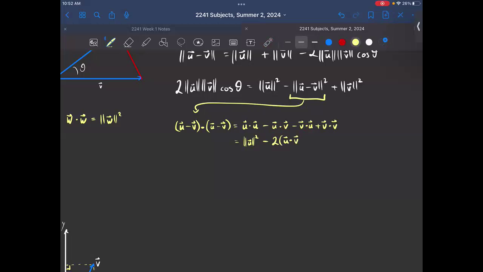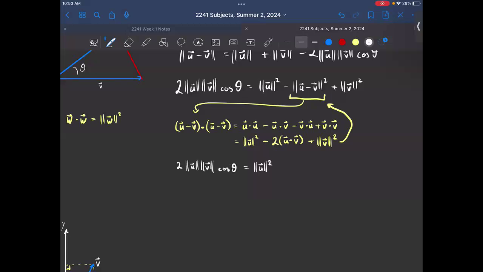2u dot v, and then plus norm of v squared. All right, and then so that's what's going to go right back up in there. We'll write it down below that. So we have our equation that now looks like 2 norm u, norm v, cosine of the angle equals u